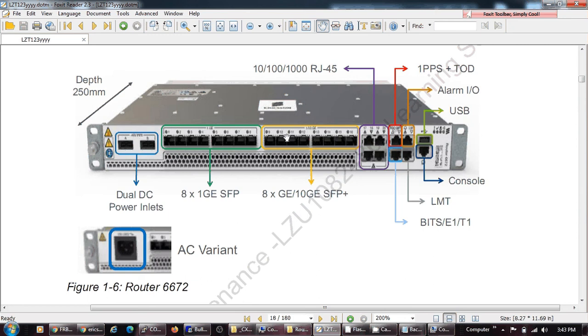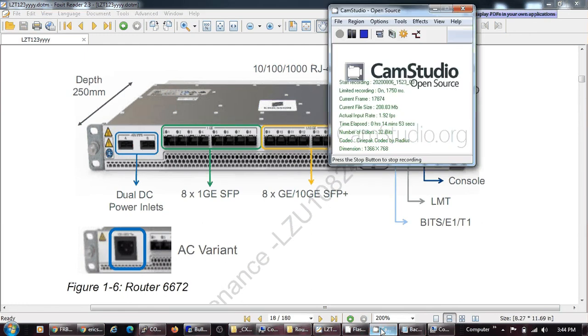These 8 ports from 9 to 16 have a bandwidth of 10G. These are specific ports we configure if there is a 5G need, or if we have backhaul for 10G, we use these ports. These are only 1G capable ports. We normally use 3G and 2G on these ports. These are all optical interfaces, which can only be used if an SFP is plugged in, but these are electrical ports. This router also has 2 DC inputs, or also there is one variant not known to me, but it is an AC variant. So this is all the video for today, in which we learned how to